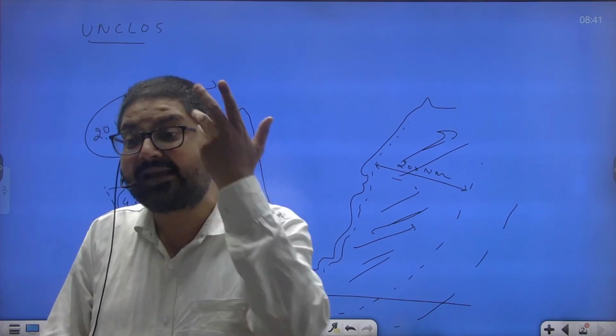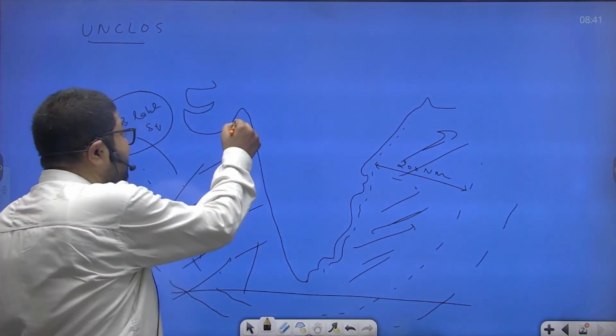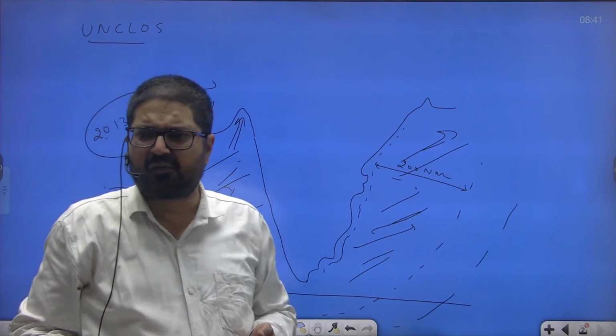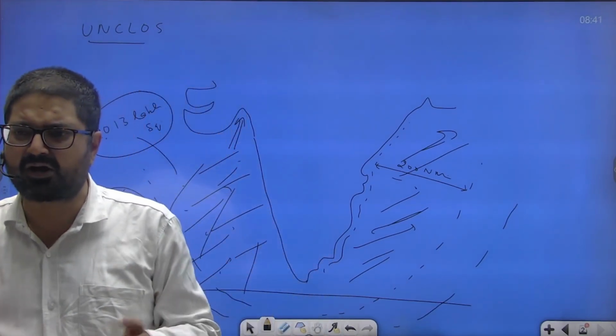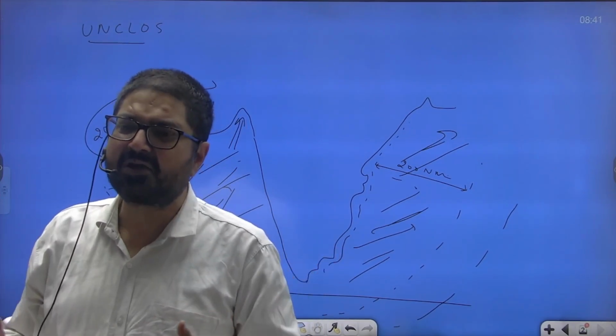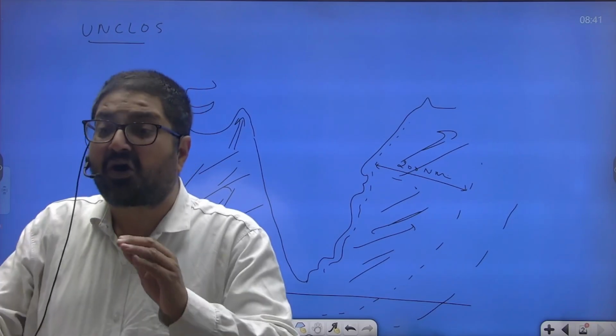Then tidal energy. Yes, the Gulf of Cambay has huge potential for tidal energy, but the government is silent, is making no research and development in this. Go and check whether any research and development has been done anywhere. And above all,